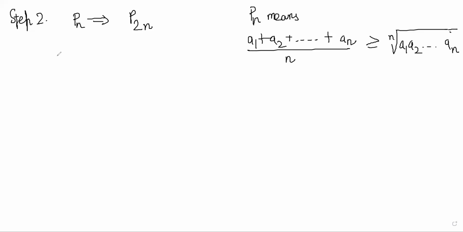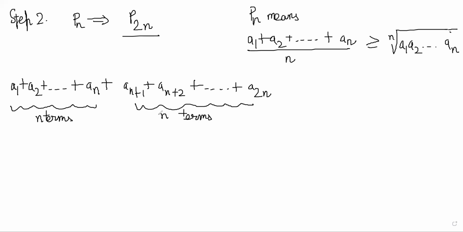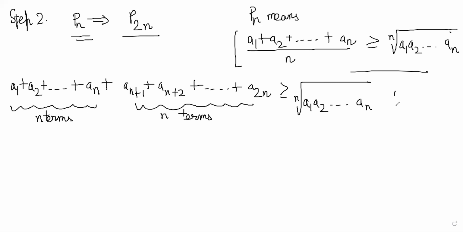So let's write what P2n means. I mean, we will not write the whole statement. We'll just write a1 plus a2 till an plus an plus 1 plus 2 till a2n, right? Now, clearly, you can group it into two parts. This has n terms and this has n terms. Now we know that Pn is true. Pn is true. So this is true. So we can say that this is greater than or equal to n times the nth root of a1, a2 till an,